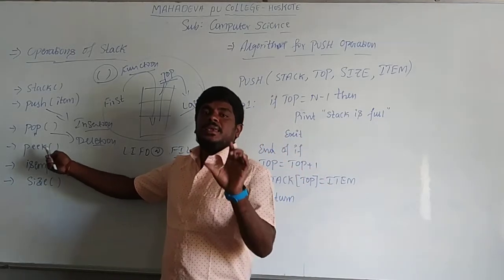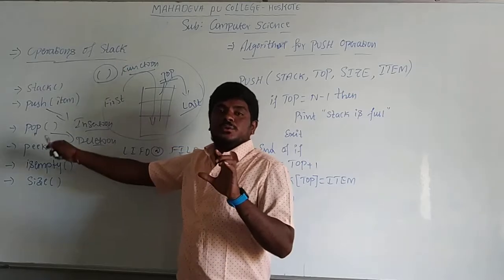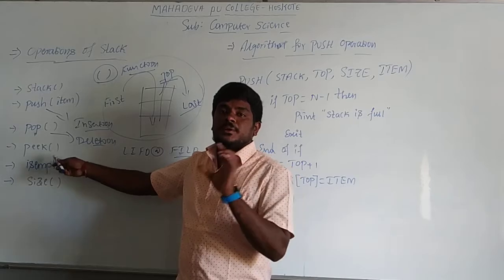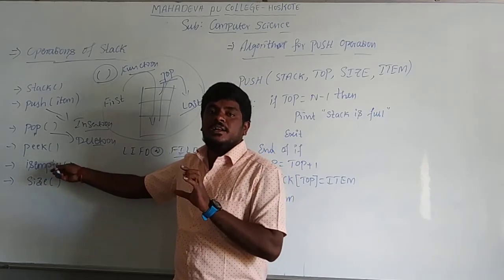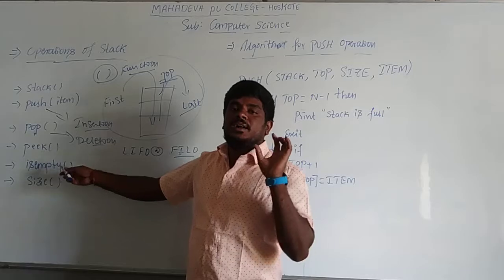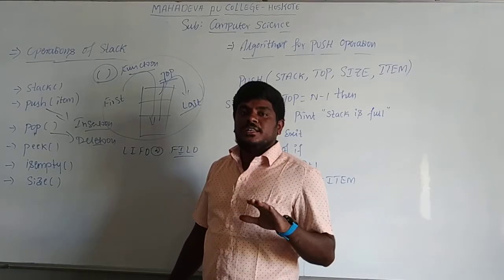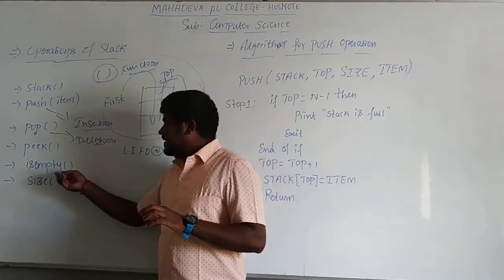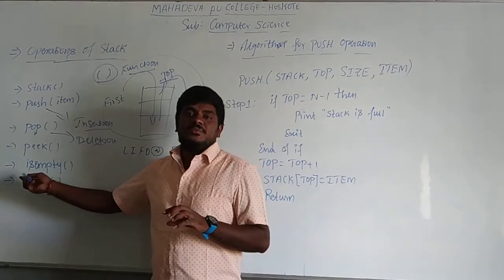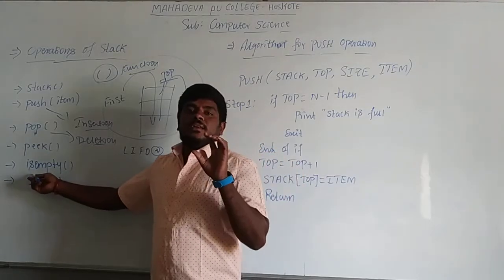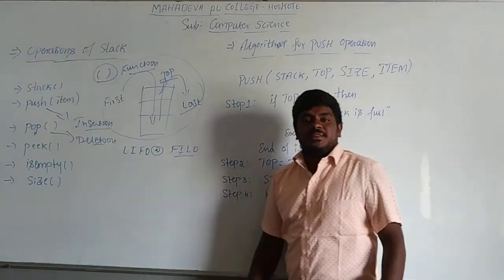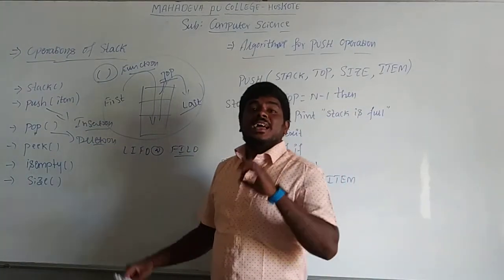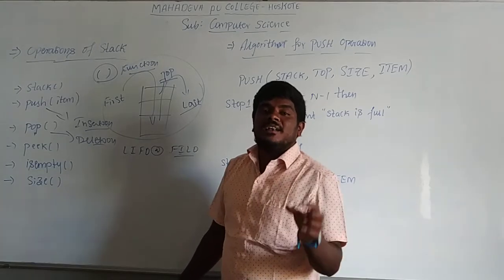Once again I repeat, peak is an operational stack used to return a topmost item from the stack. Topmost item from the stack, and here there are no parameters required and it is not supposed to modify. That means the user cannot modify it because it is a top element. Next one is is empty. It can be very easily identified. The name itself is enough. Is empty is an operational stack. Is empty is also an operational stack that returns whether the data element is there or not in the stack.